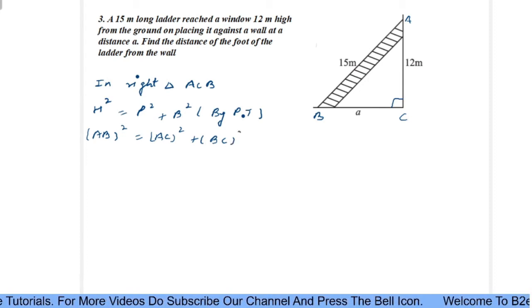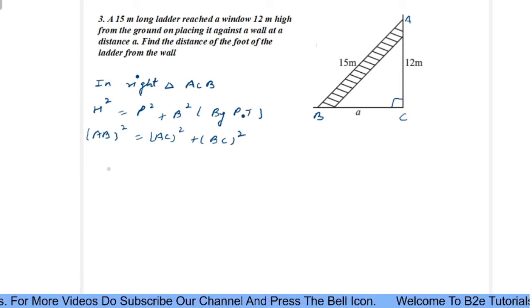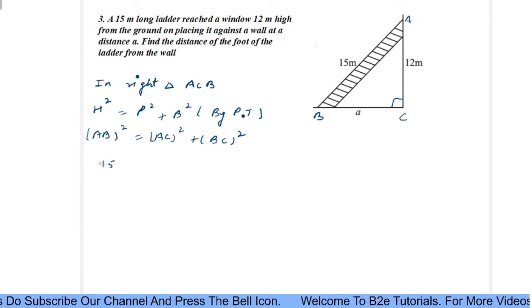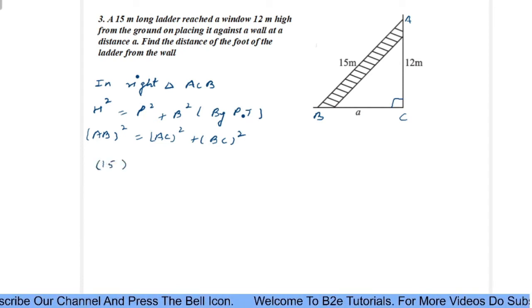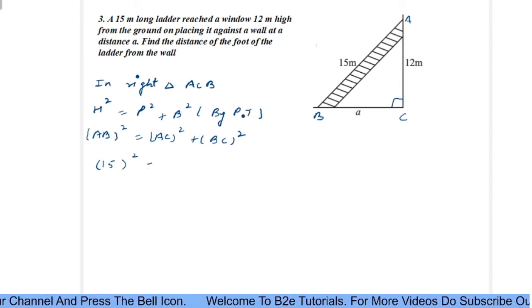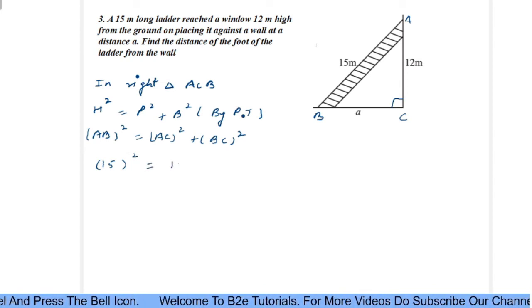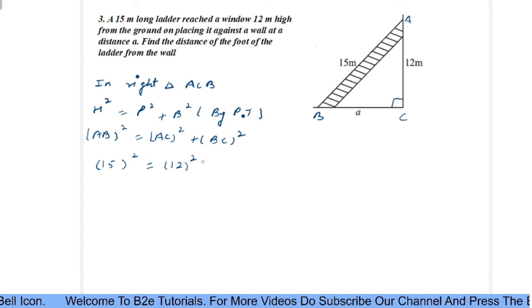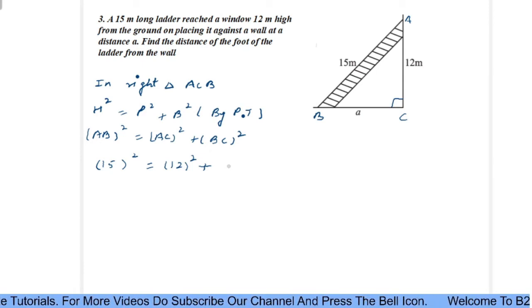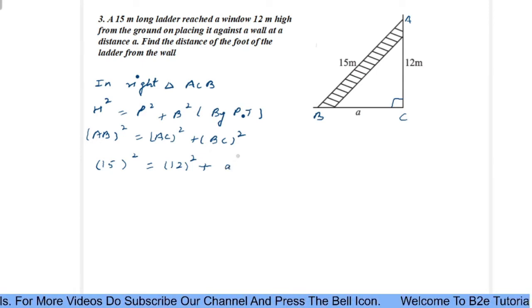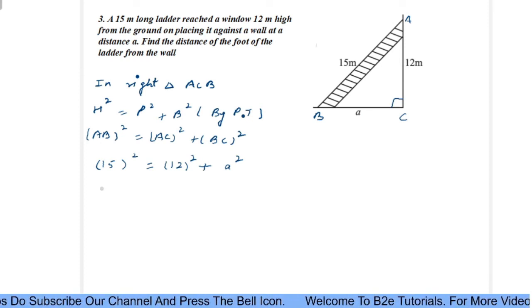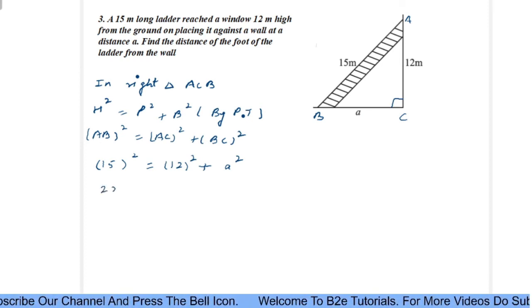BC square. AB, it is 15. 15 is square equal to AC, it is 12. 12 is square plus BC is E square. Square of 15, it is 225